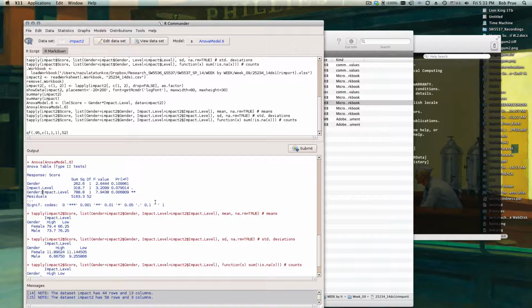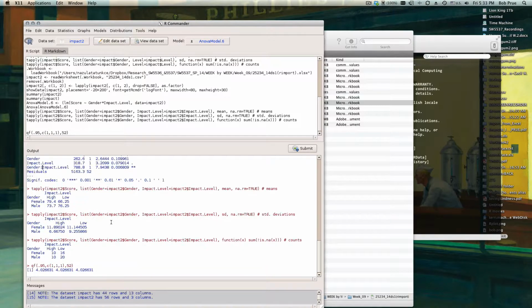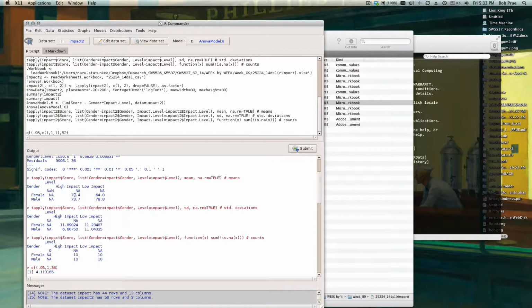We have really no difference between the type of treatments, no difference between genders, but we're going to want to target genders depending on impact level. So let's